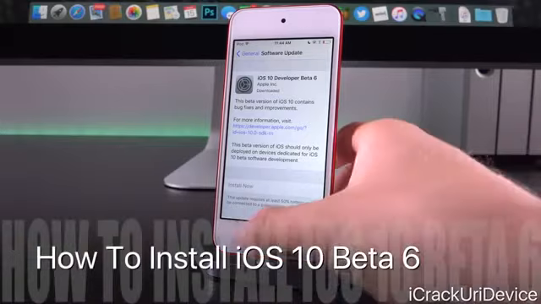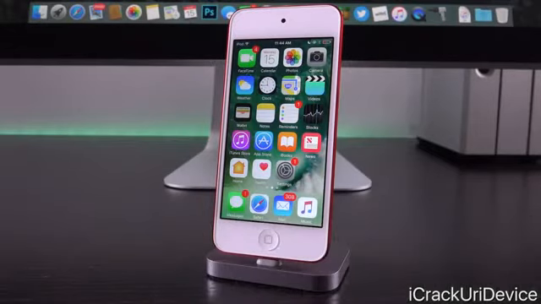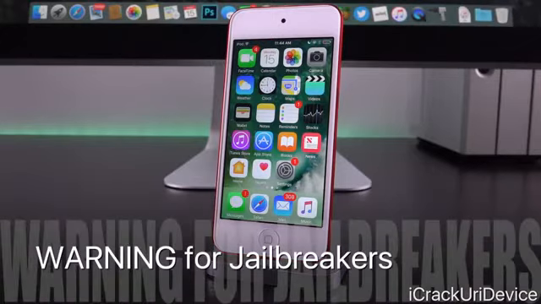Now, you also don't need a computer if you are updating from iOS 9.3.x or even an earlier iteration of iOS 9 to iOS 10. The only thing that you need to take into account is that you cannot be jailbroken if you are updating to iOS 10 beta. So if you are jailbroken, you will need to restore. Again, though, I definitely don't recommend upgrading.